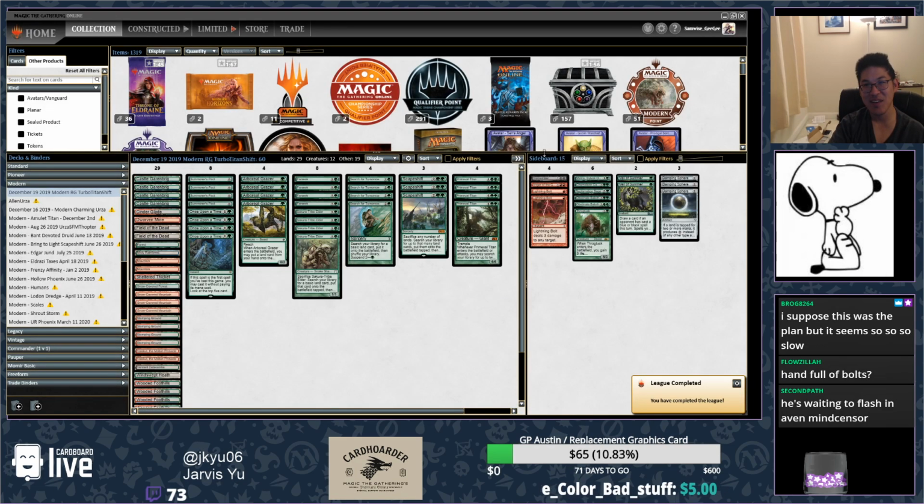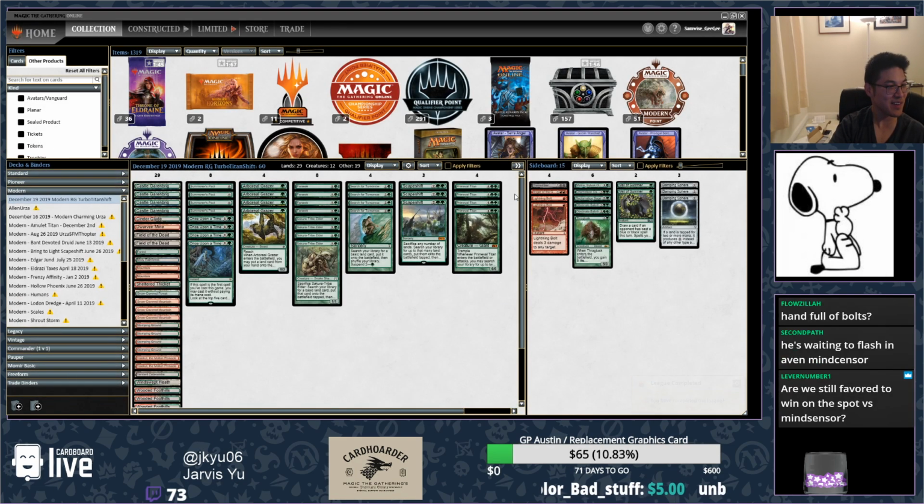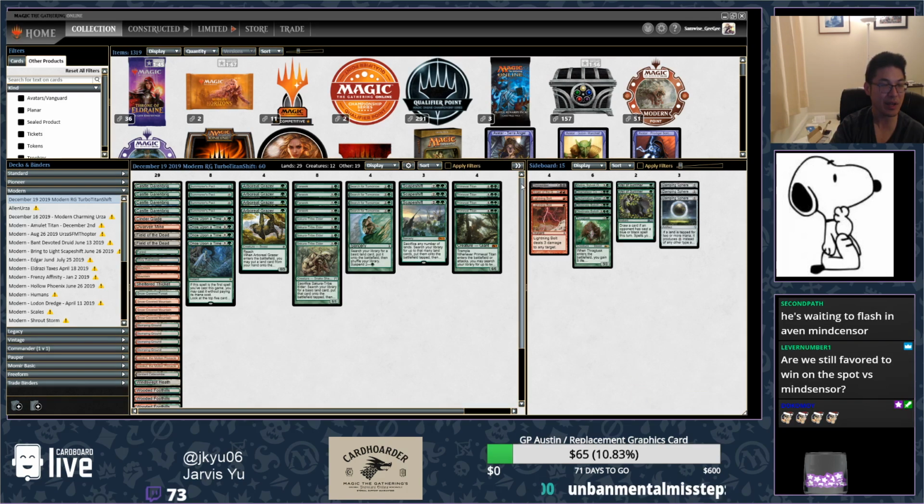Alright. Versus Mind Sensor? I'm not sure. Like, probably because I have Field of the Dead. I would get to make 2 zombies, right? Most likely. If I hit 2 different land types. If I hit the same ones, maybe not, but...